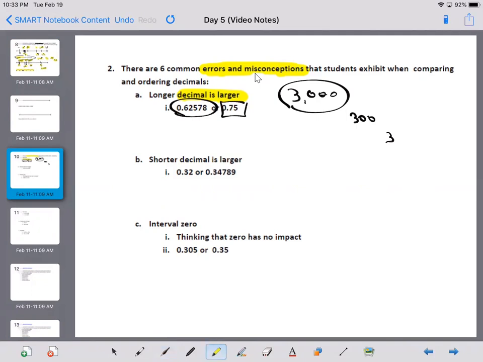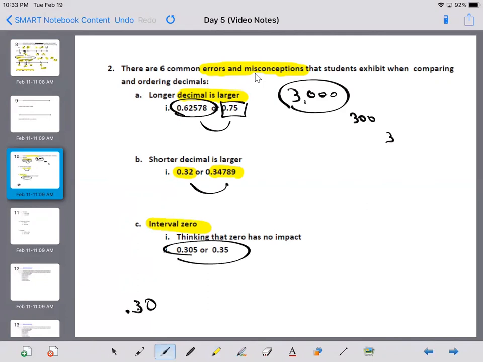Or they may look at it in a flip-flop way and think, well, it's the shorter number, so the shorter decimal has to be larger. And if you flip-flop your thinking here, of course you can flip-flop it on the top one with the larger decimal. There's also this interval of 0 that students believe